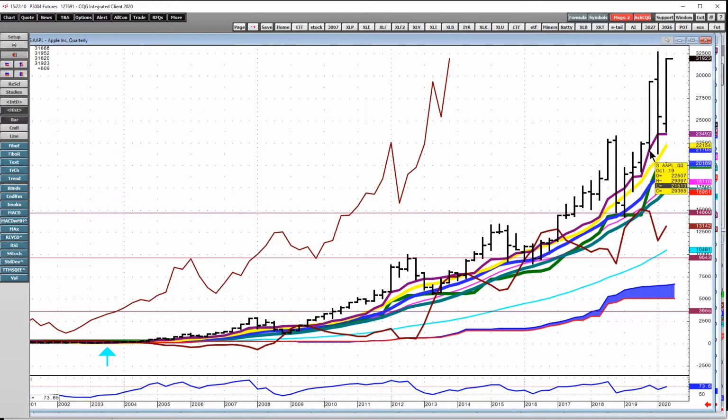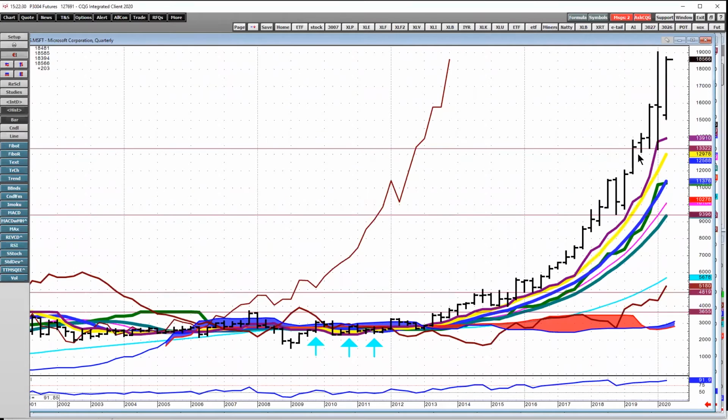I was looking for the quarterly stops to get run under 215 to match up with that last matrix level low in the S&Ps on the last break. And Microsoft did the exact same thing. It went down and got the stops under the previous quarter's low and then took off.